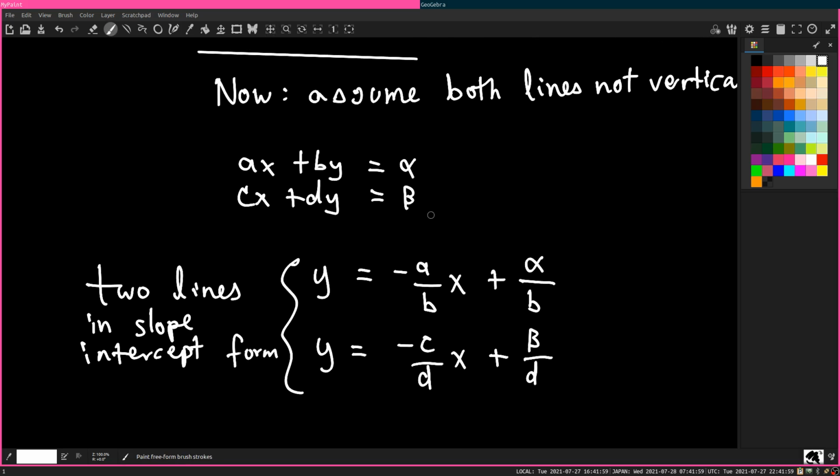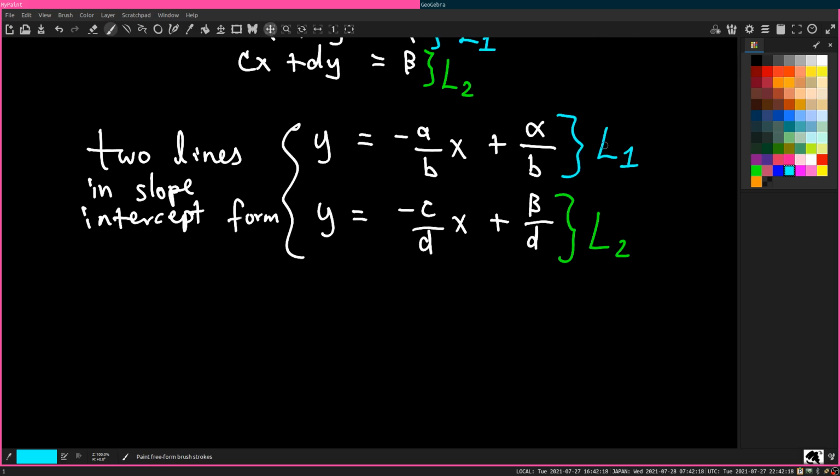So let me use colors. This first line I'm going to call line 1, and the second line I'm calling L2. This is the second line, and this is the first line. Okay. Well, if you think about it for a second, line 1